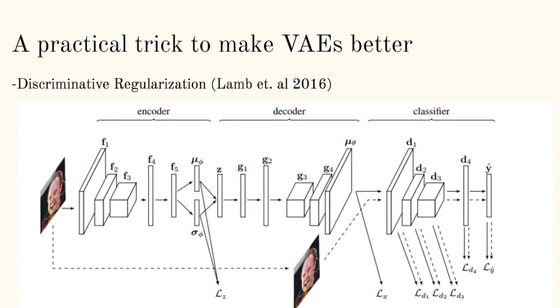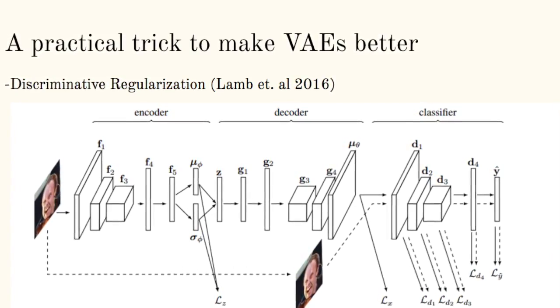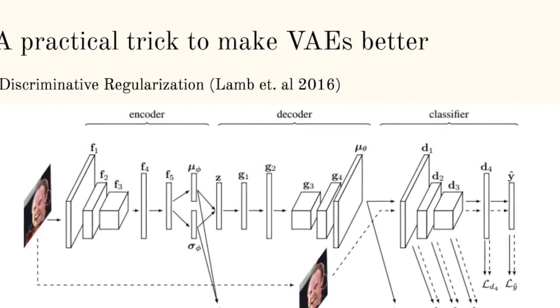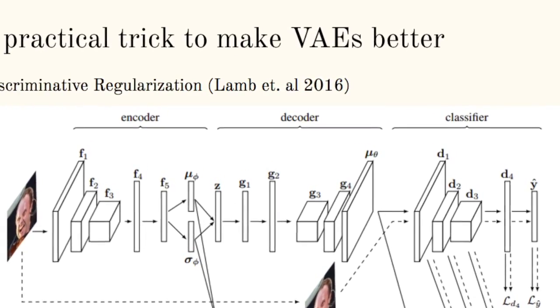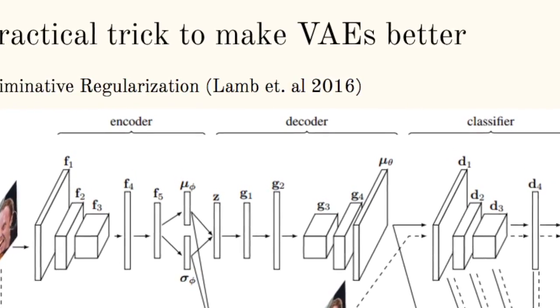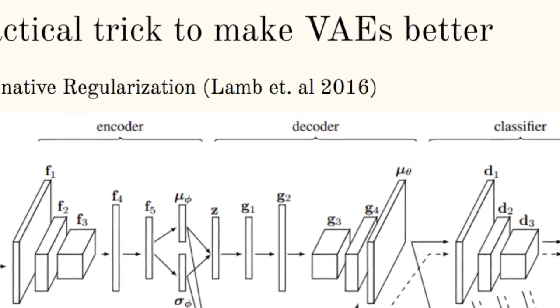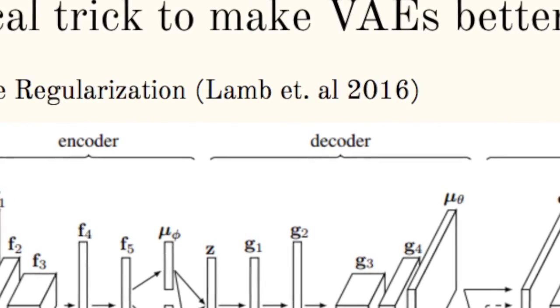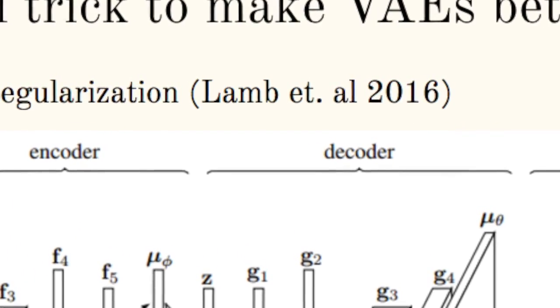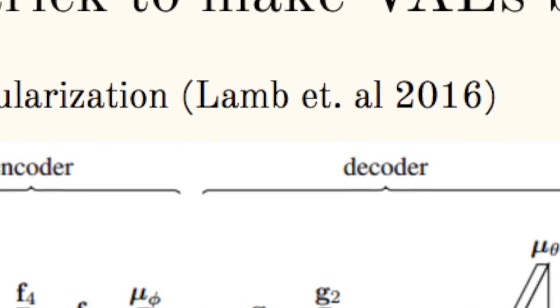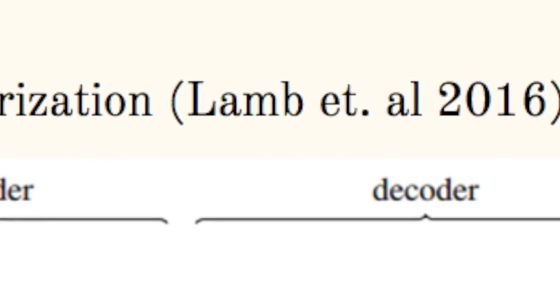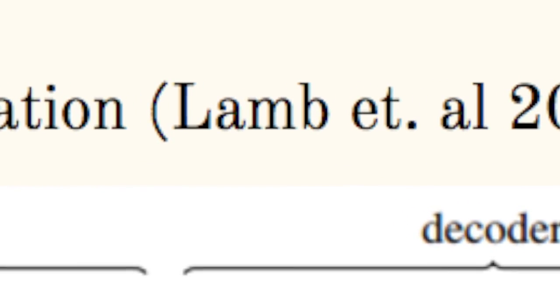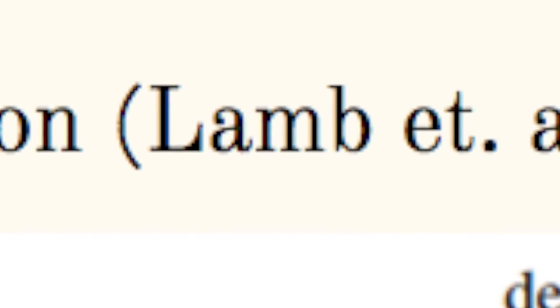One simple trick to make variational autoencoders work better is to replace the reconstruction penalty, p of x given z, in the pixel space with a reconstruction penalty in the hidden states of another neural net, for example, a discriminatively trained classifier. This is the discriminative regularization idea from Alex Lamb and his colleagues in 2016. This greatly improves sample quality on the CIFAR dataset, as well as celebrity faces, and my understanding is that it is used for the Twitter account Smile Vector, which edits pictures of faces to add smiles to them,